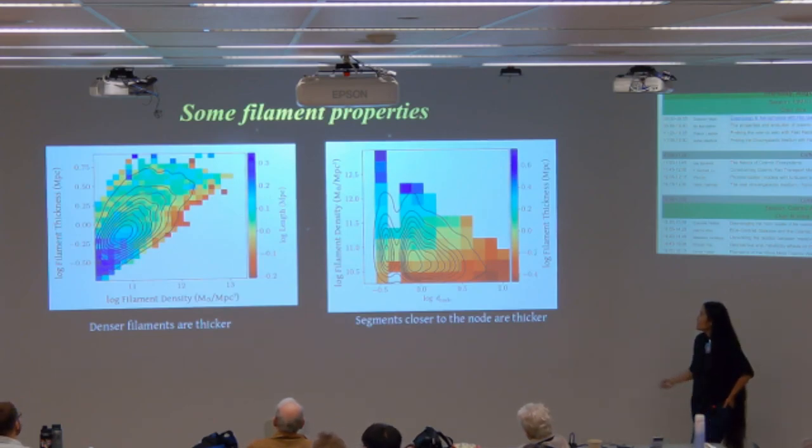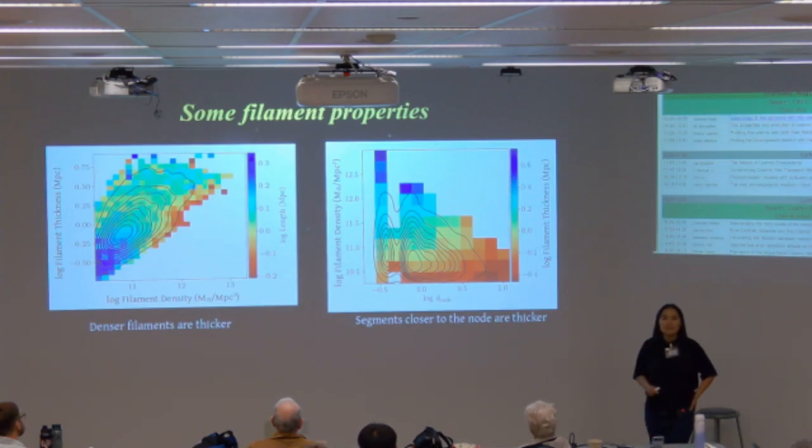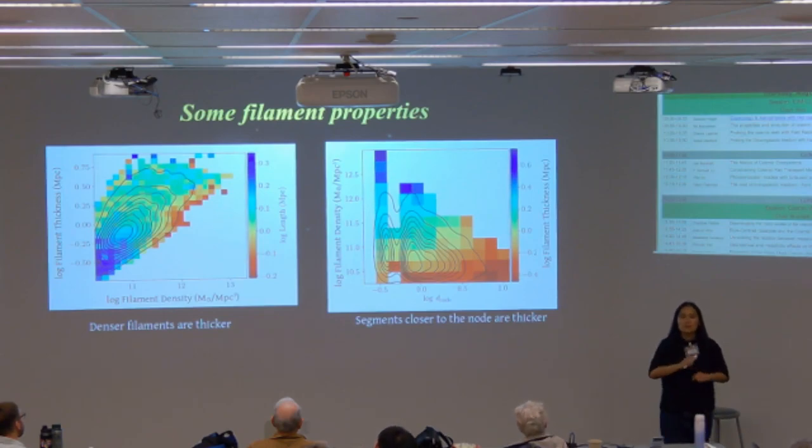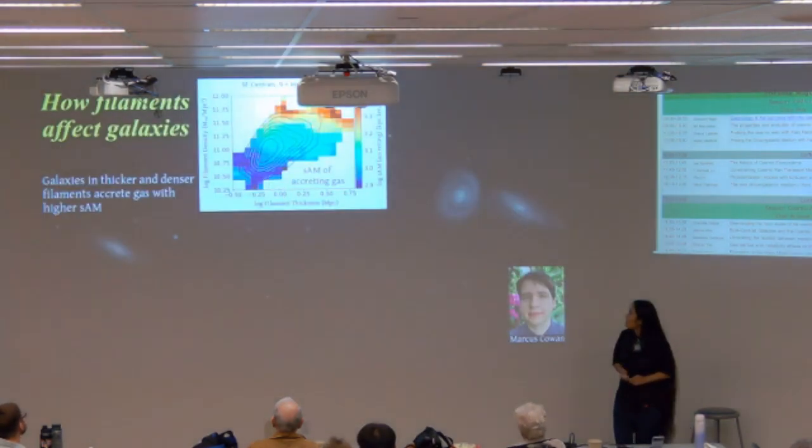And here is a plot of filament density versus the distance from the node. Almost all the filaments have a node at least on one end, and if you measure the thickness of the segments along your filament, you actually do find that the density correlates with distance from the node. As you go farther away from the node, you get less and less dense. So these are some properties of the filaments that we've learned about. We're more interested in galaxies, so let's look at how the galaxy properties correlate with these filament properties. Okay,